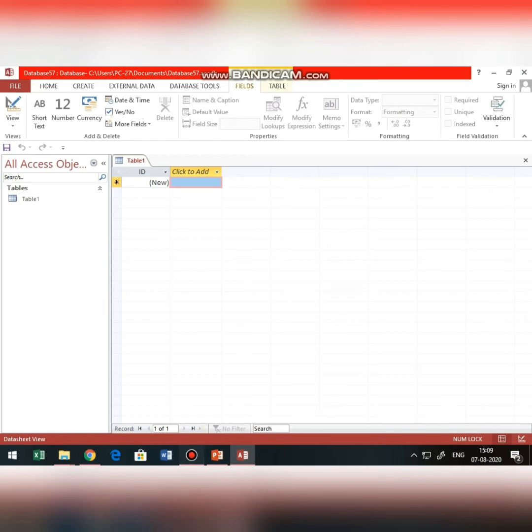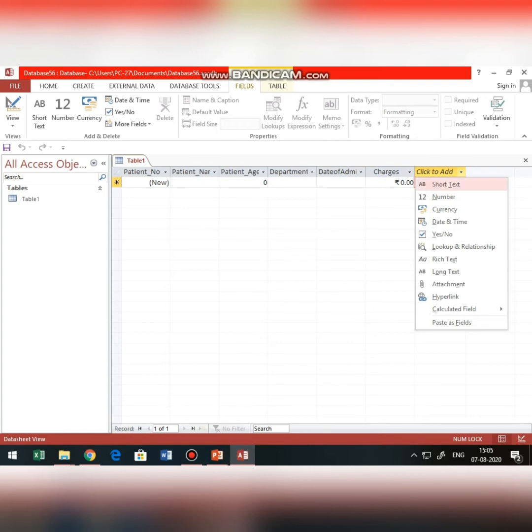Now we will create a table. You can create a table by naming each field like the options provided to you. Can you see the options?